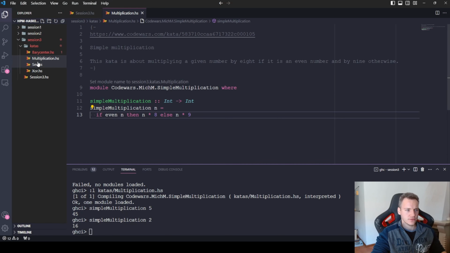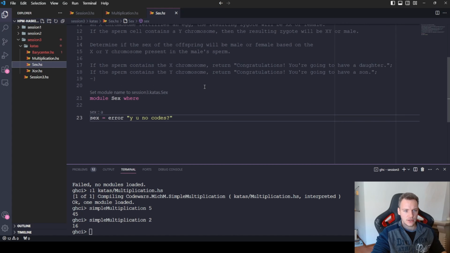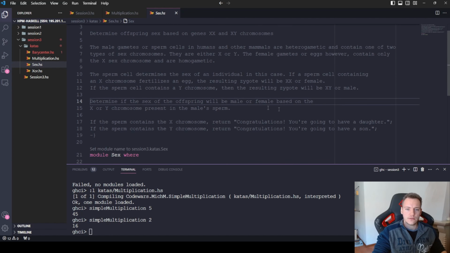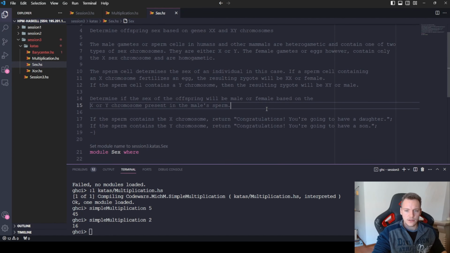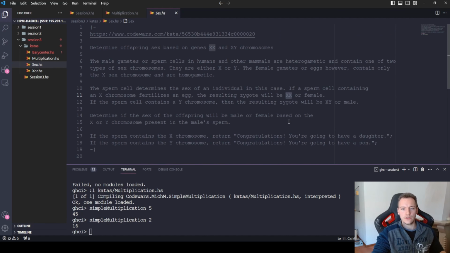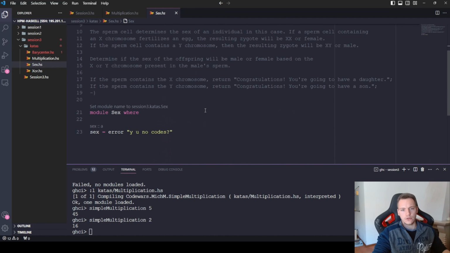Now let's head over to the sex one, and this kata has a bit of a longer description, but in the end it's still a very simple one. Here it explains the male gametes and the female gametes and the X and Y chromosomes, so it's some biology if you're interested. At the end of the day, what the kata wants is for us to return either congratulations, you're going to have a daughter, or you're going to have a son, and that will depend on the chromosome combination that we get. So this kata,